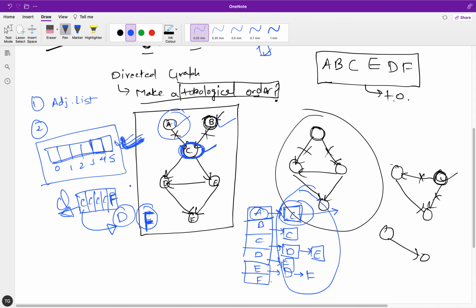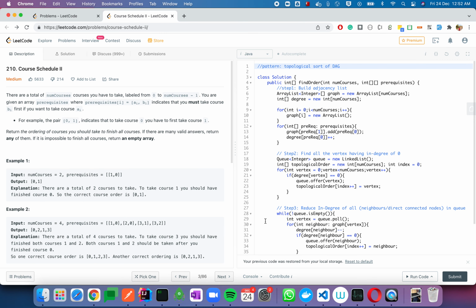So this is our solution. What we are doing here is building an adjacency list, an array of array lists, and maintaining a degree array as well.